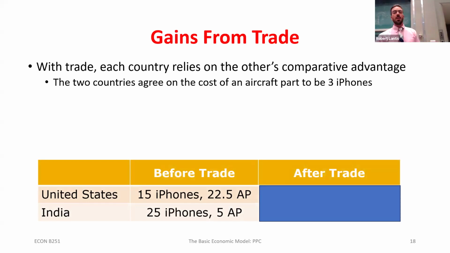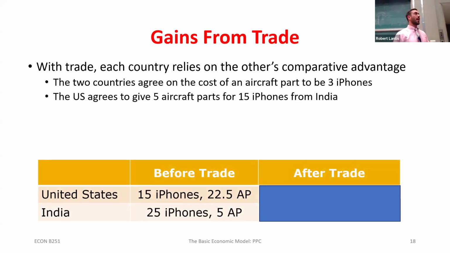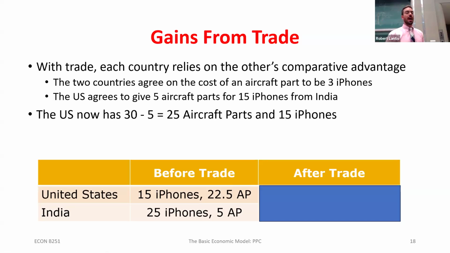We've agreed on that. So if the US says, okay, I'll give you 5 aircraft parts, and this terms of trade means that India, to get those 5, would give up 3 for each one, so they would give a total of 15 iPhones back to the US, right? And then if we think about now, how many aircraft parts does the US have? Well, I forgot